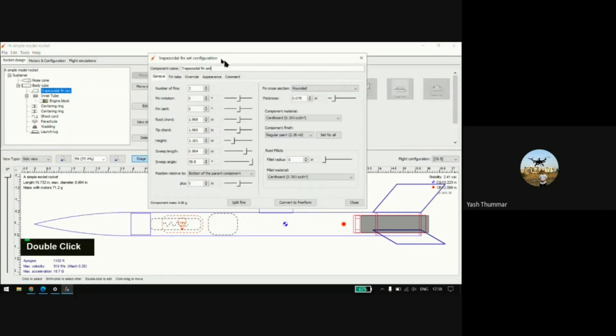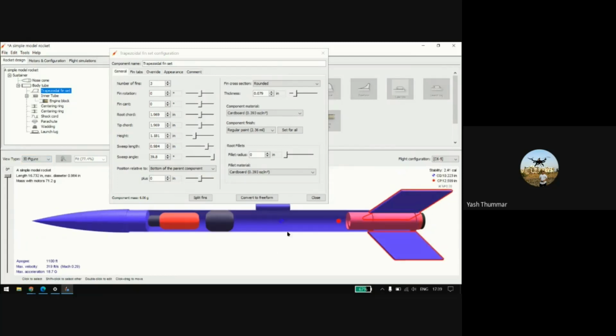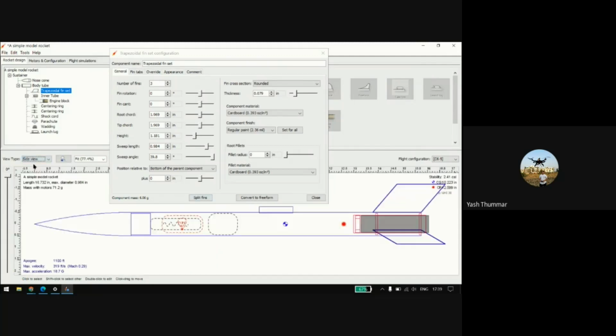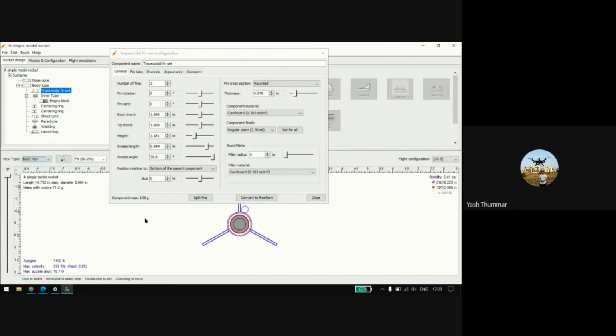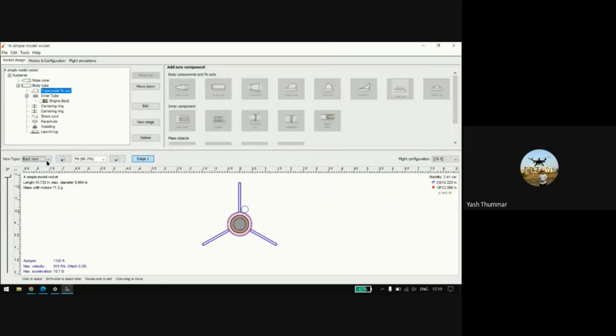Now there is the number of fins. Some model rockets have three fins, most probably three or four. You can change that, and you will see it's three fins, right? You may also look at the side view and back view. Let me close this for now.